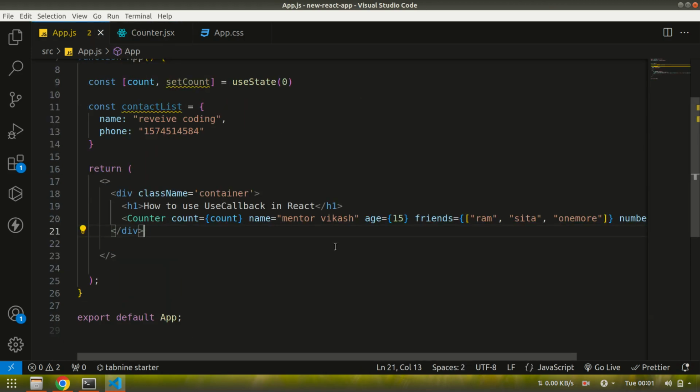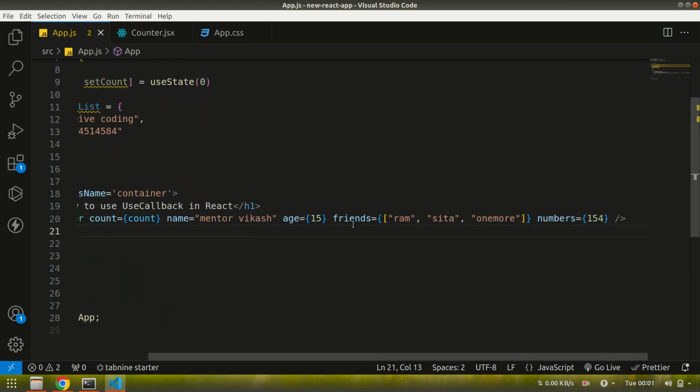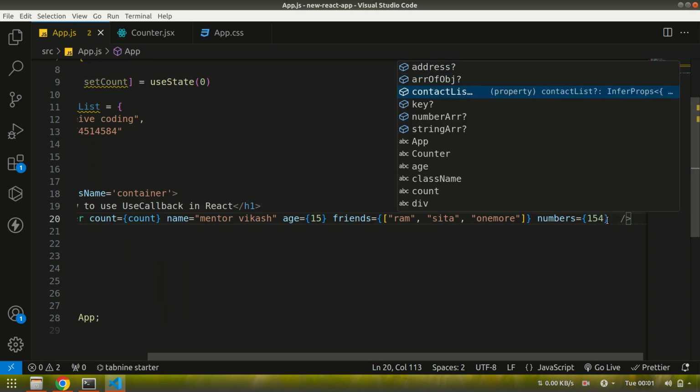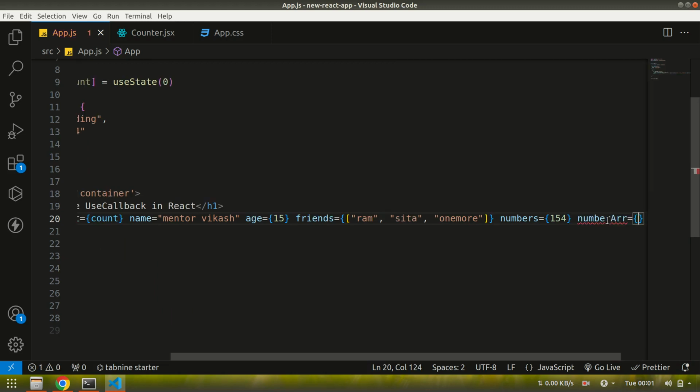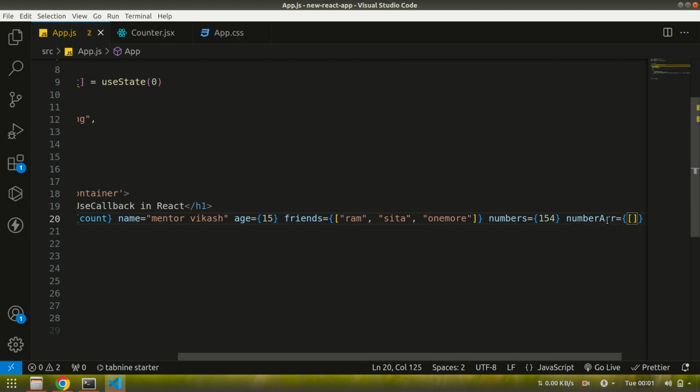And if I go here and try to find out what the different elements are that I can pass here, as you can see, I can pass the array of object, I can pass the number array, and also we can pass the number array, right? So if I pass here an array of string, let's say vik, comma, cum,